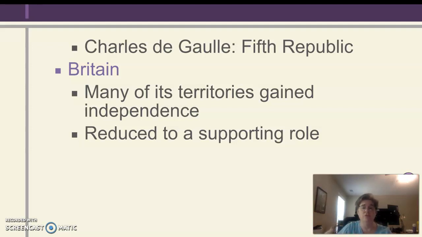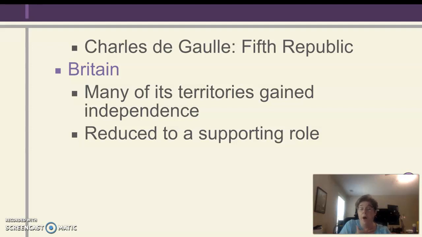Britain went into World War II as a world power, a great country, very powerful, in control of Europe. But as the war is ending, many of these territories that they're holding around the world start to gain their independence, including countries like India, which has been a British possession for a long time. They're getting their independence. Burma's getting their independence. Countries in Africa are getting their independence. And Britain finds itself sitting back and going, we're going to play a supporting role.